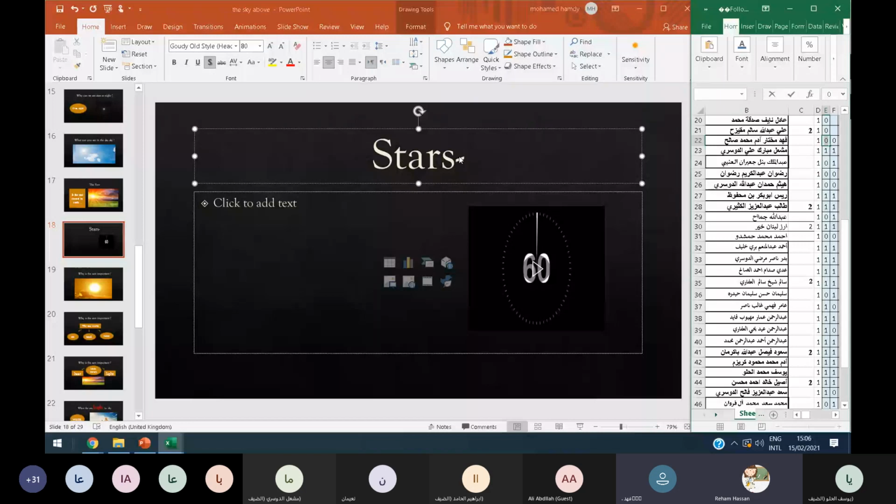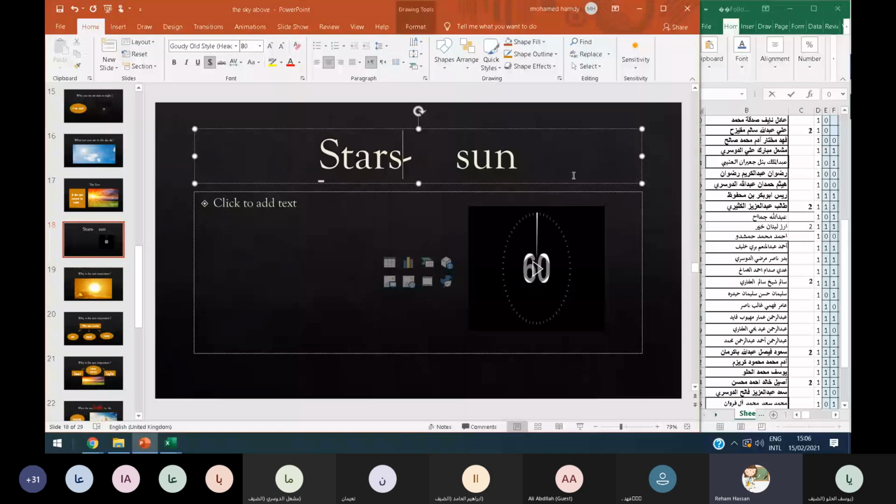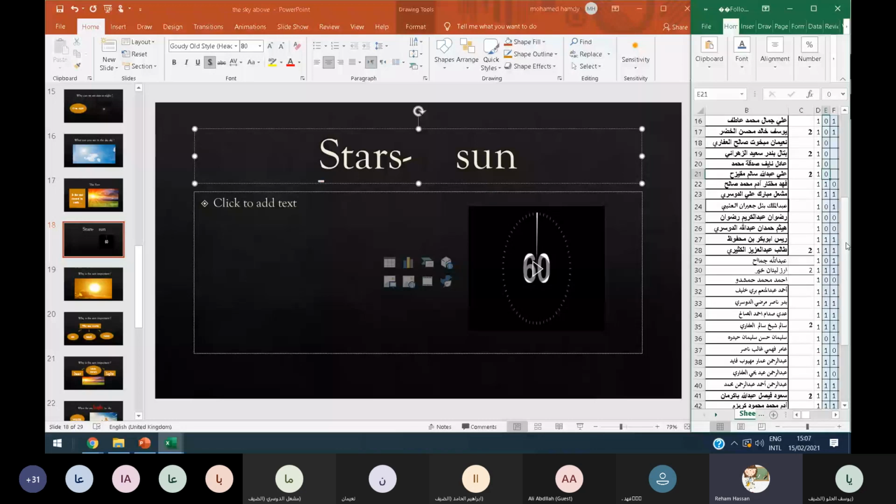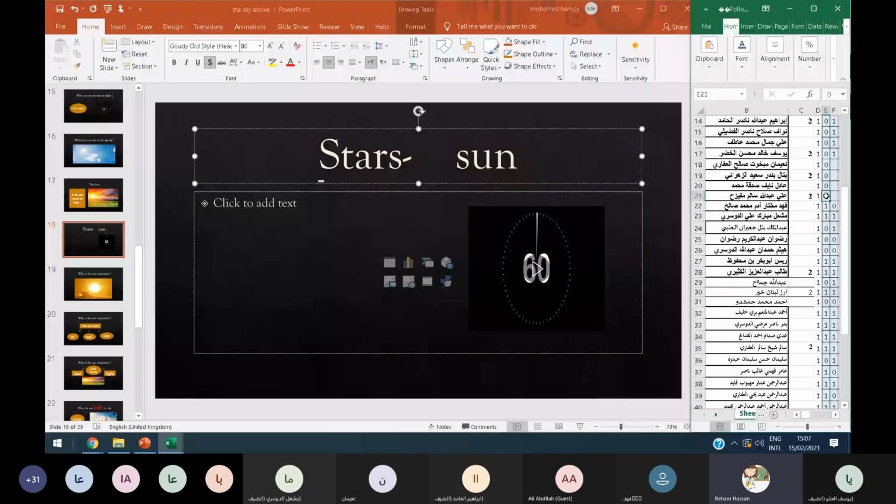Sun. Yes, sun. So write with me sun, S-U-N, okay? Write quickly in your notebook. Thanks, Fahad. Focus with me, Fahad. Yes, write sun. S-U-N. In the day, we can see the sun. It's a star, it makes its own light, and its light is so bright. Excellent, Yusuf. Super boy. So stars and sun. Okay?